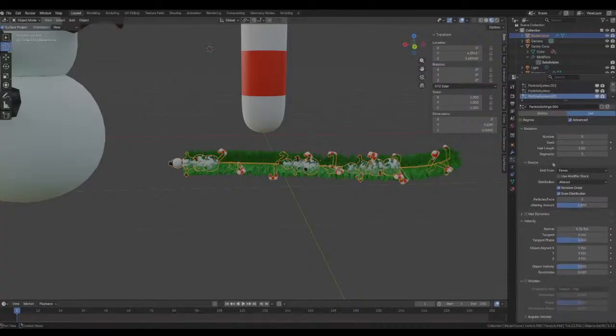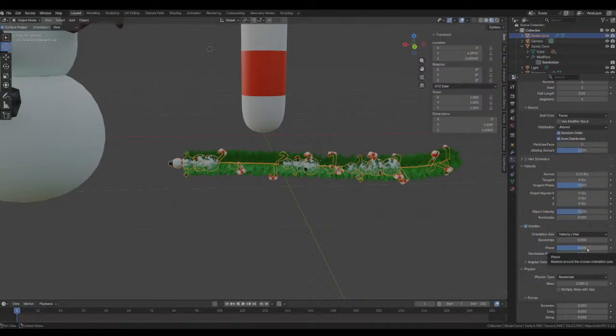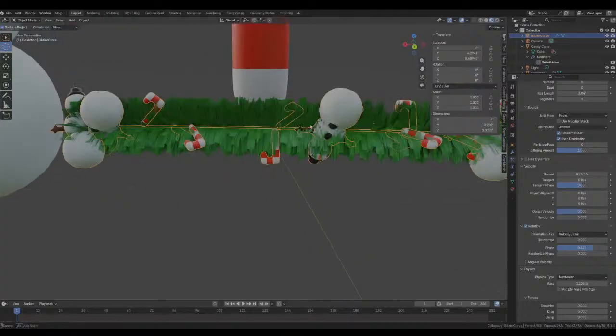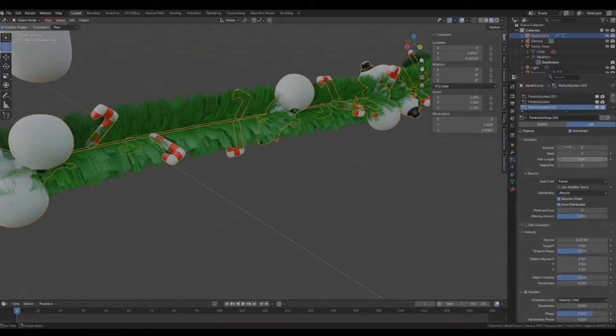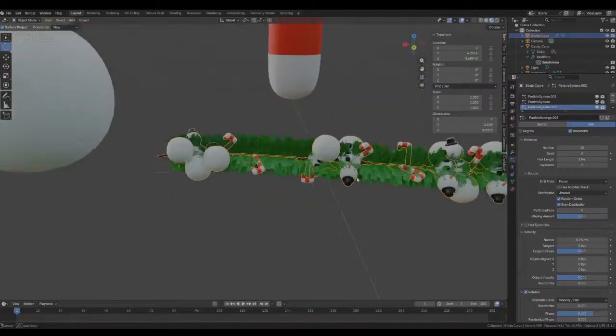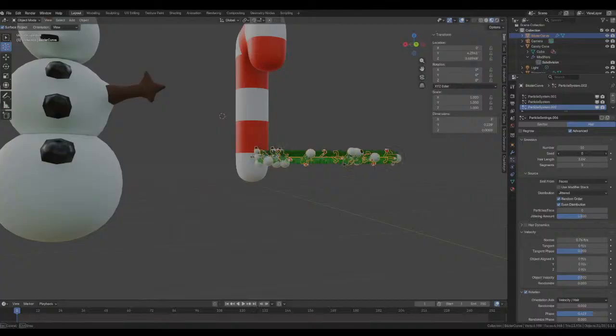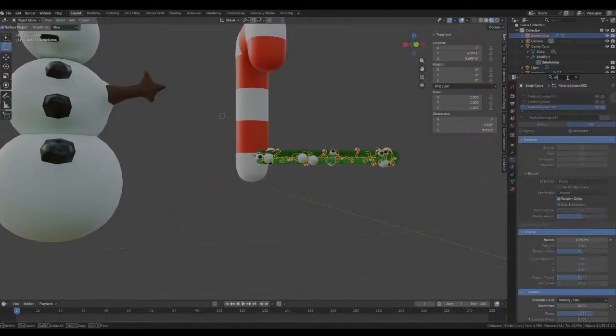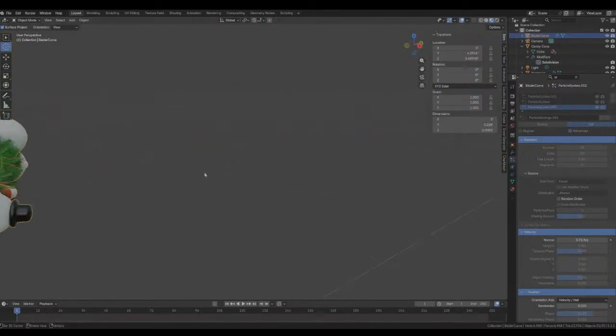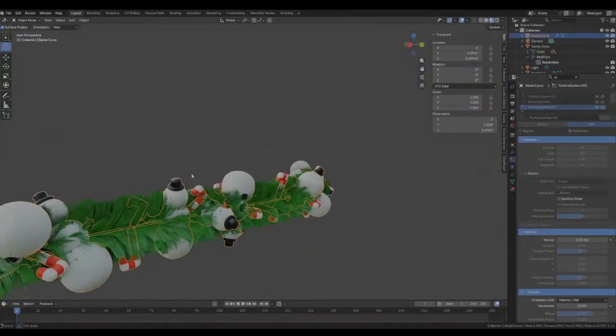And then rotation. And so you could do quite a bit with it.